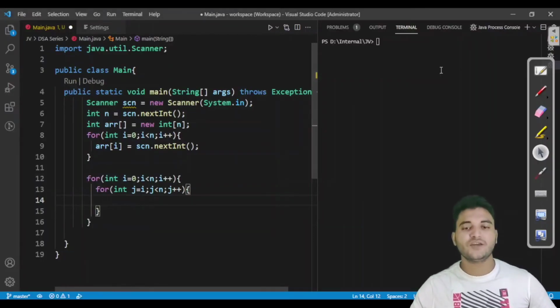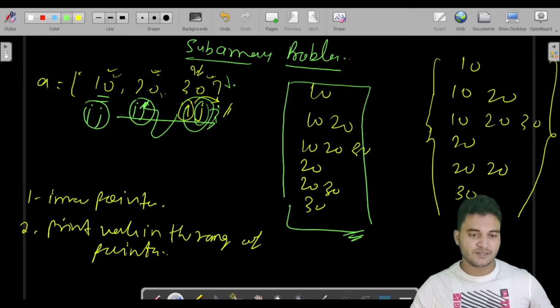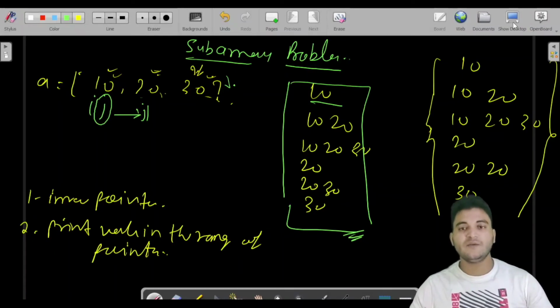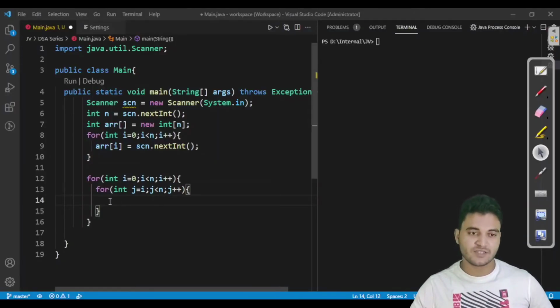So this way, by these two loops, what we have done till now is we have set our i pointer and j pointer. Fine. Now what we have to do, we have to print all the elements from i to j, which is this one, and after printing it we have to increase j to here. Now we have to print i to j, so 10, 20. For that you might be thinking that here we are increasing j, so that would work for us, but trust me, this will not work for you.